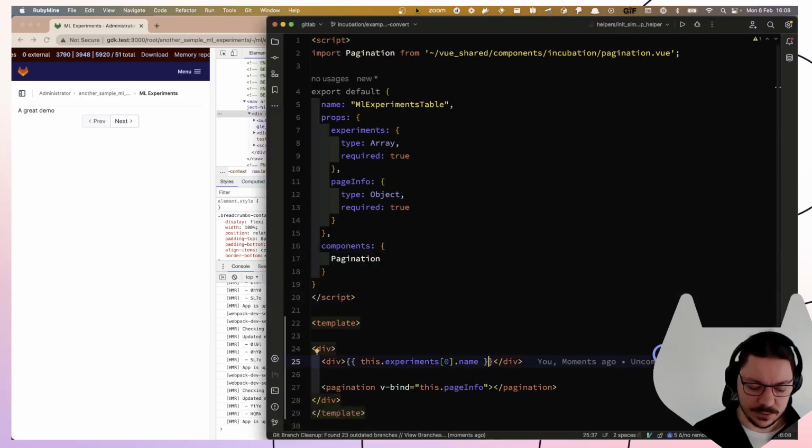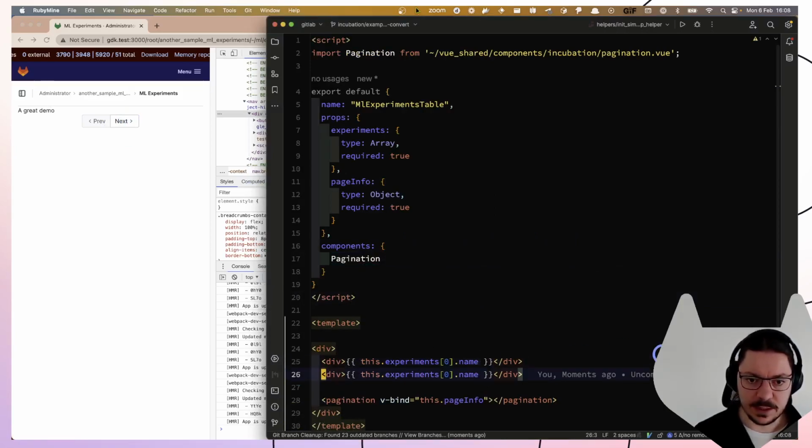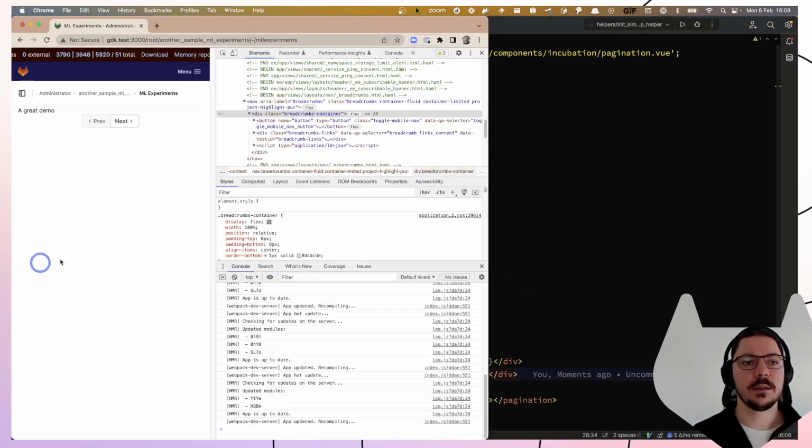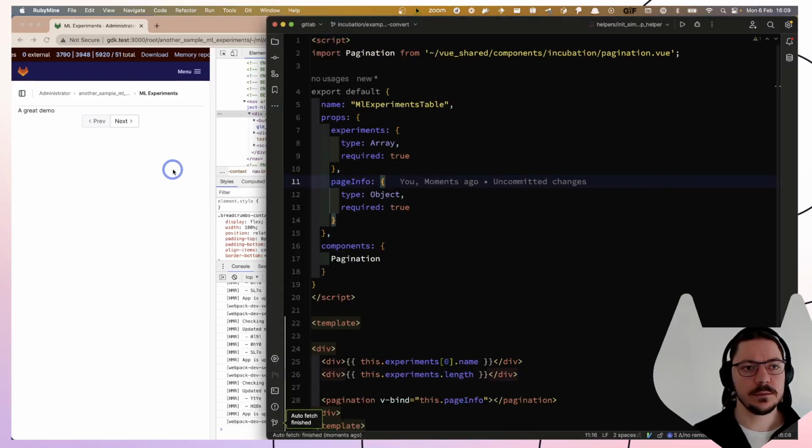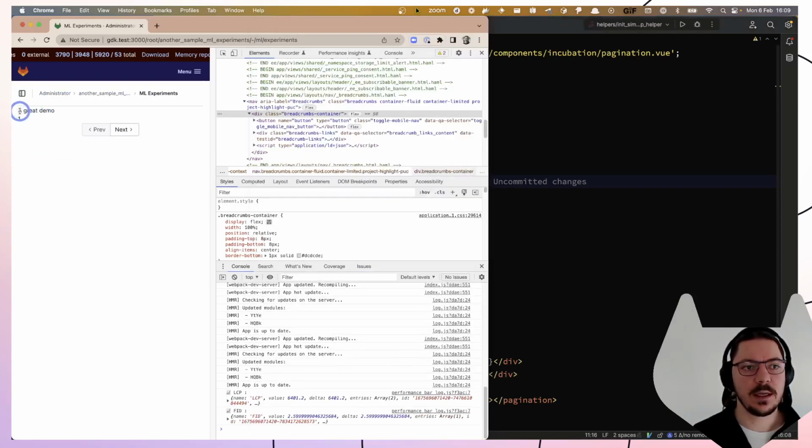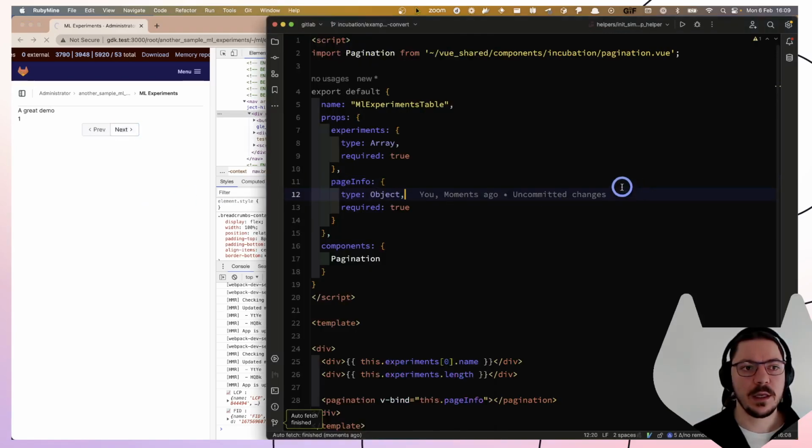And I can see that also. Let me just add another debugger. Just display the size. Yeah, so the size is 1. I have the name, and then I can navigate to the next page and to the previous page, and so on and so forth. So this is